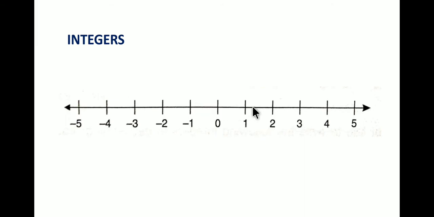So we can always understand from the number line that any number which lies towards the right hand side is bigger than those which are at the left hand side. So in comparison between -1 and 0, since 0 is towards the right of -1, 0 is greater than -1. Or we can say 1 is greater than 0. Or we can say 2 is greater than -2.